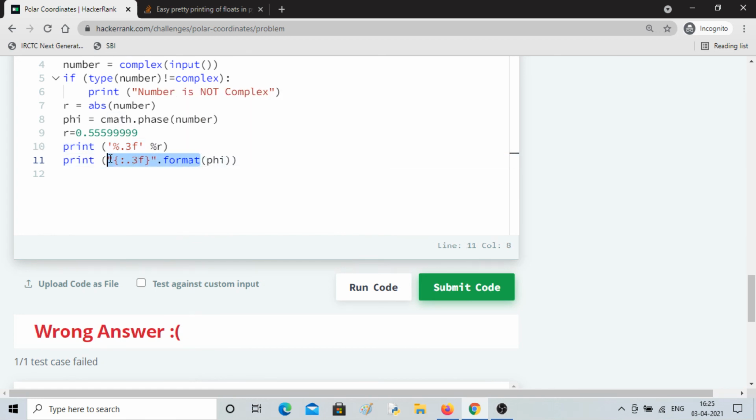So let me do it here as well. So percentage dot 3f means float, and then I'll do here percentage phi. Same thing I'm doing. This inverted comma does not have to be single only, double also will work.